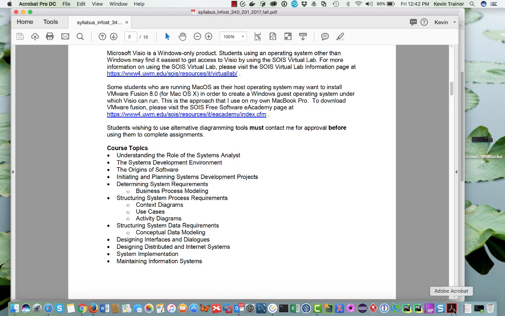So you can install both VMware Fusion 8 from this eAcademy, and you could download Windows 10 and create what we call a guest operating system on VMware Fusion for Windows 10, and then you can install Visio 2016 under that, and it'll work just fine. Okay, so